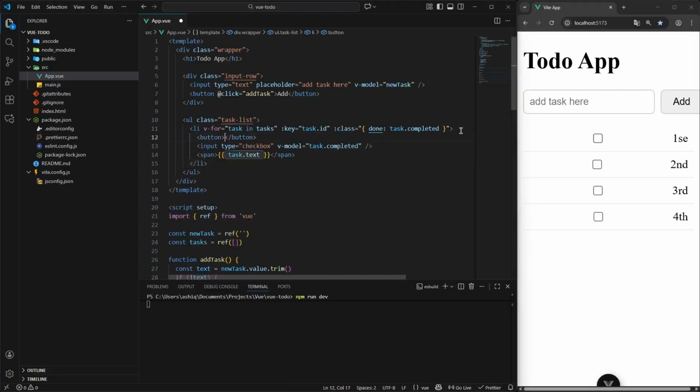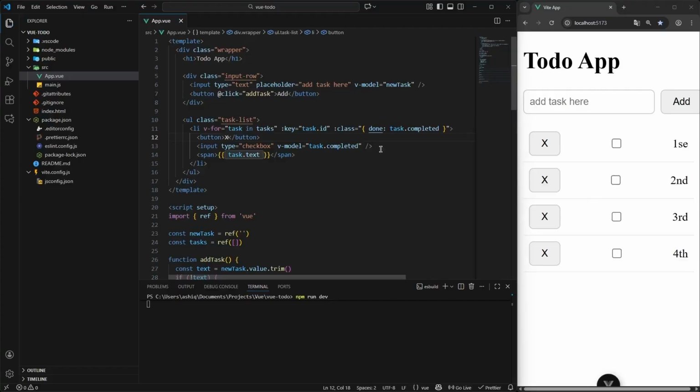So a button, and this button should maybe just say this X. And when I click this button, but first I'll give it a class of delete, and I'll use this class to style this button later. So on this button, I want to add a @click, and when I click this button, I want a function to execute, and that function would be